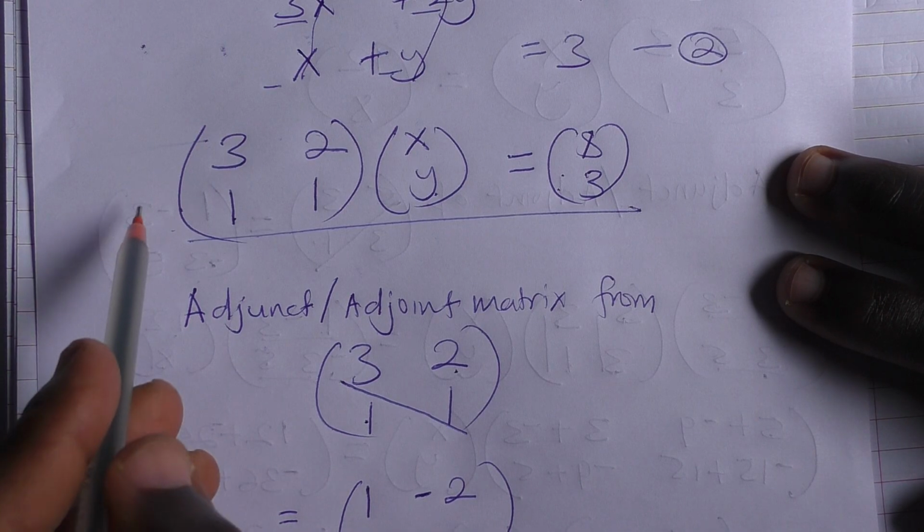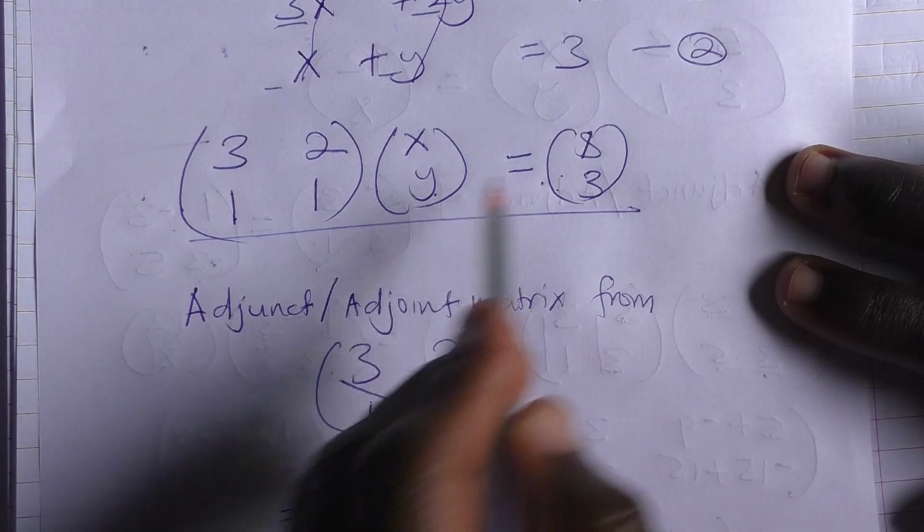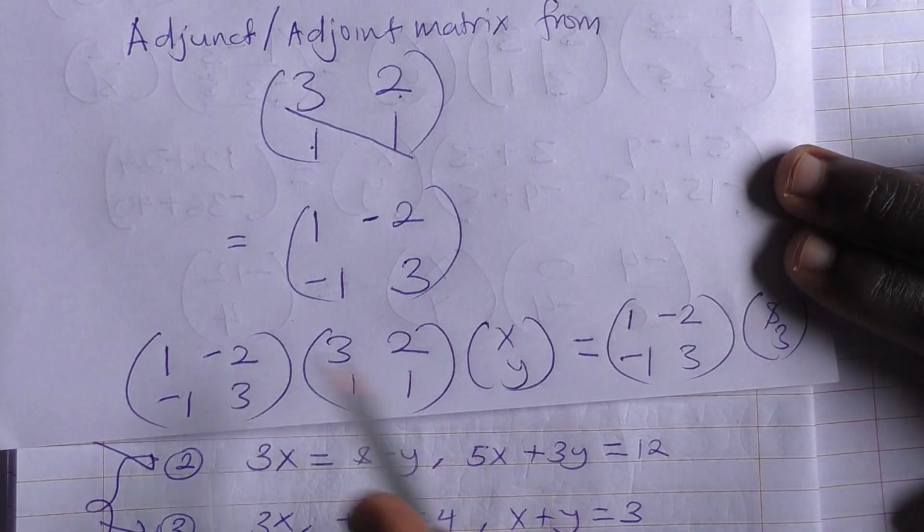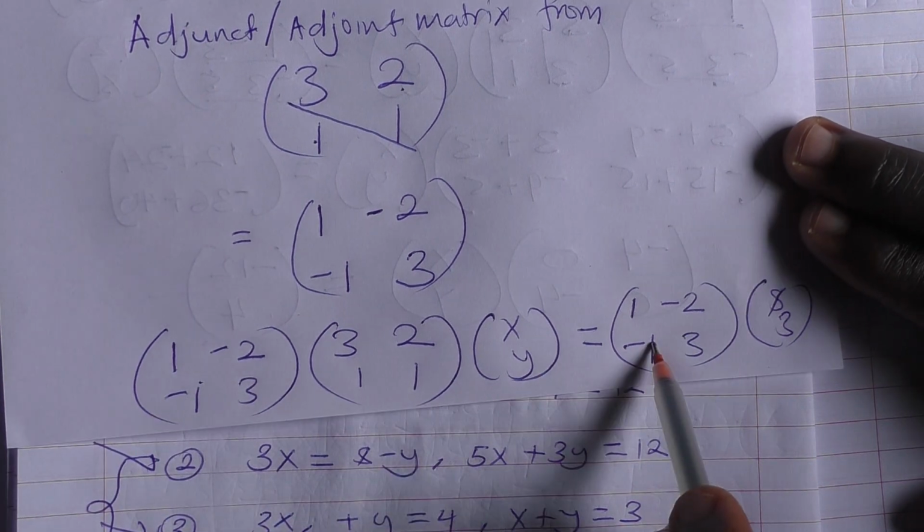We multiply the adjunct on both sides, but with the adjunct coming first,